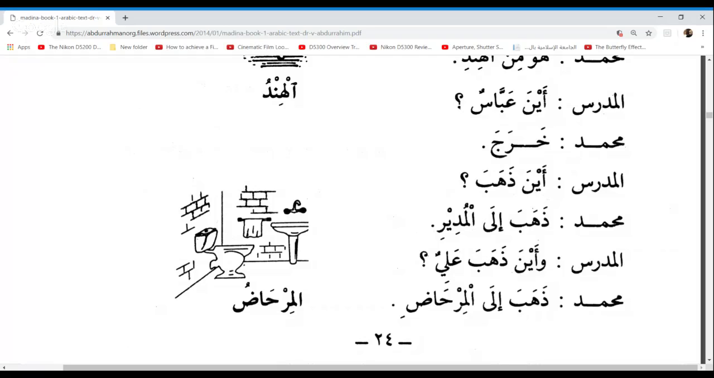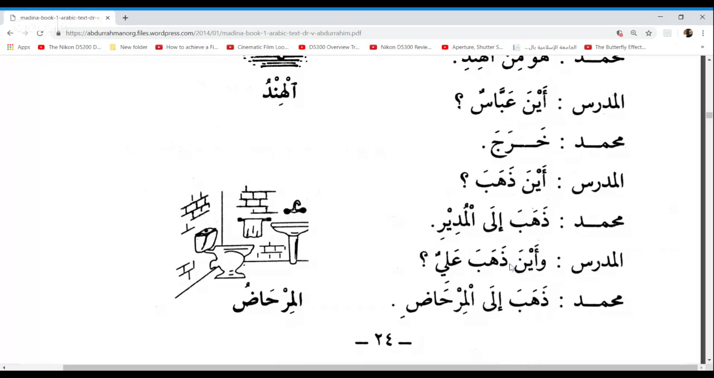So he went. That's it. So he went to the mudir, being the principal or the manager or the head teacher. Basically, mudir means manager or the top guy. And where did Ali go? وأين ذهب علي؟